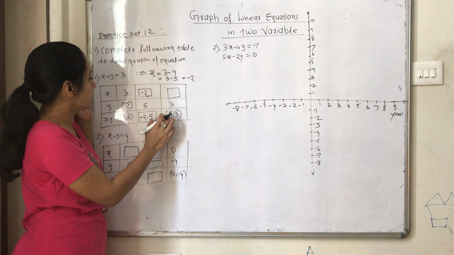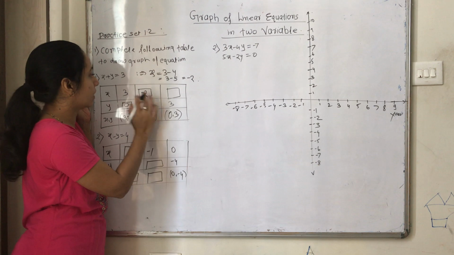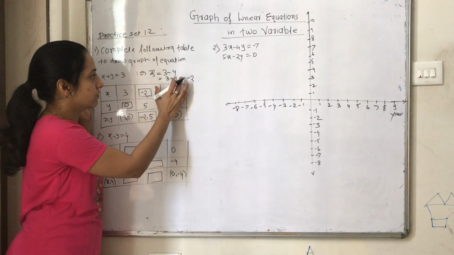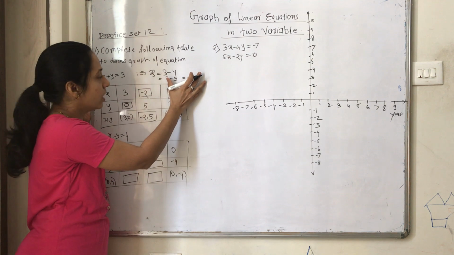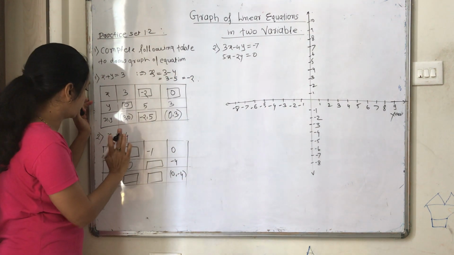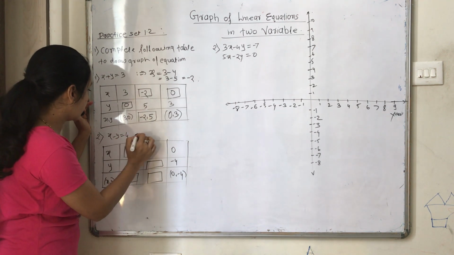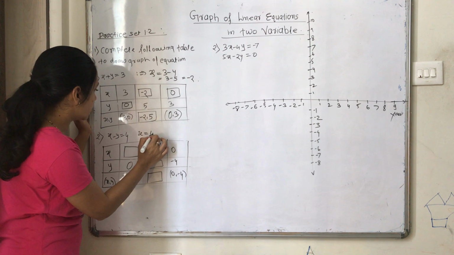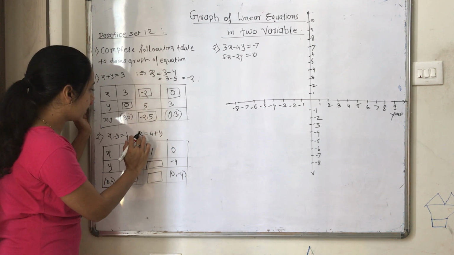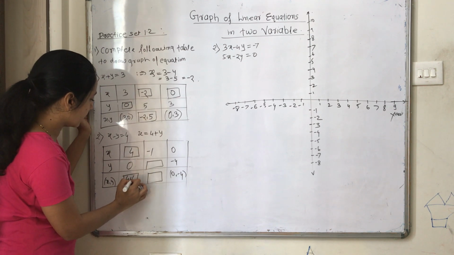See here, what is in the ordered pair? X is given as 0. So no need to solve for x. I will directly put here 0. Okay. So this question will be asked for 1 mark. See, in this equation x minus y is equal to 4 and y is given as 0. So then what will be the value of x? X will be equal to 4 plus y. If I put y equal to 0, what will be the value of x? X will be equal to 4. And here it will come 4 comma 0.